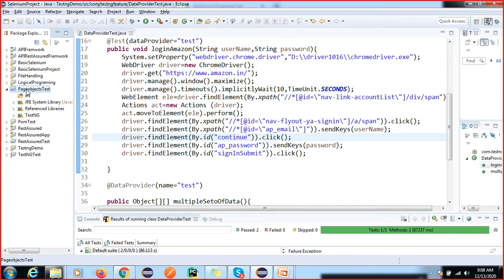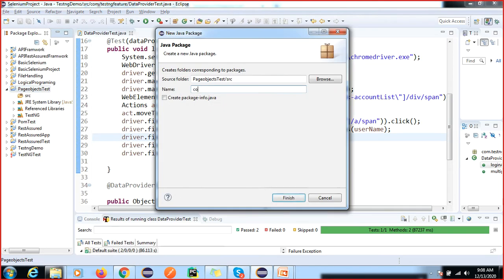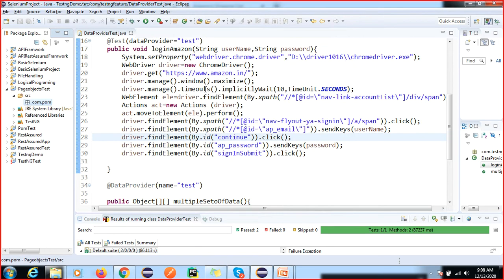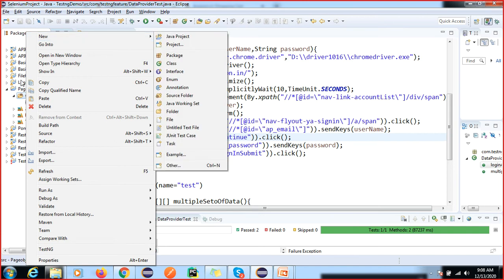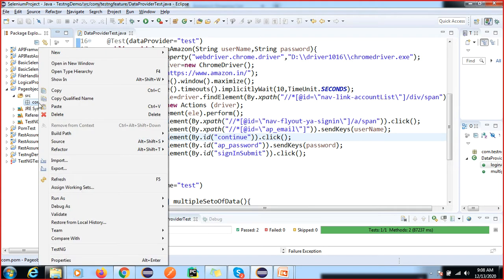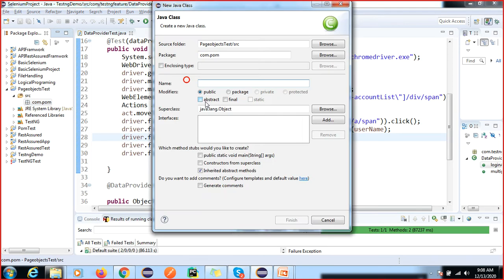Now I'm going to create one package, pom, and I'm going to create one more package. No problem, we can do it in one package. So now I'm going to create here a login page.